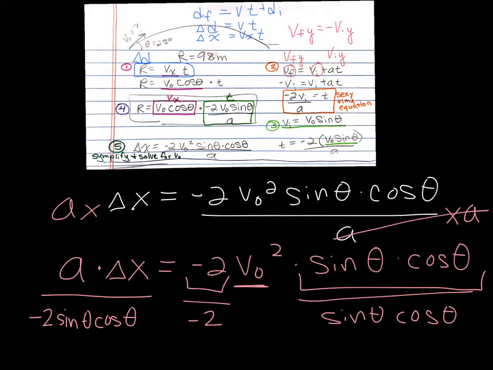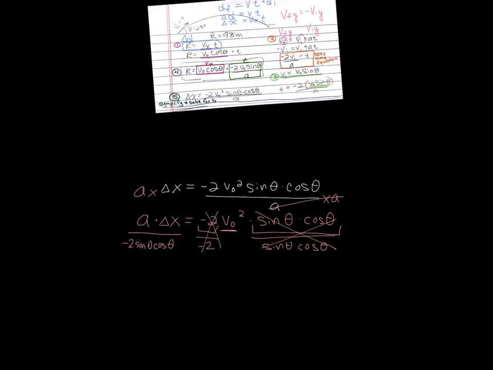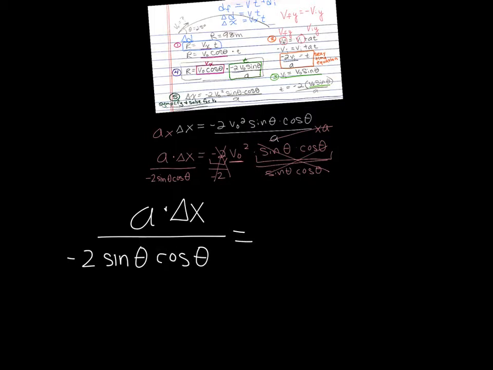Okay, and so all of this will now cancel out, and I will be left at this point with A times delta x over negative 2 sine theta cosine theta is equal to